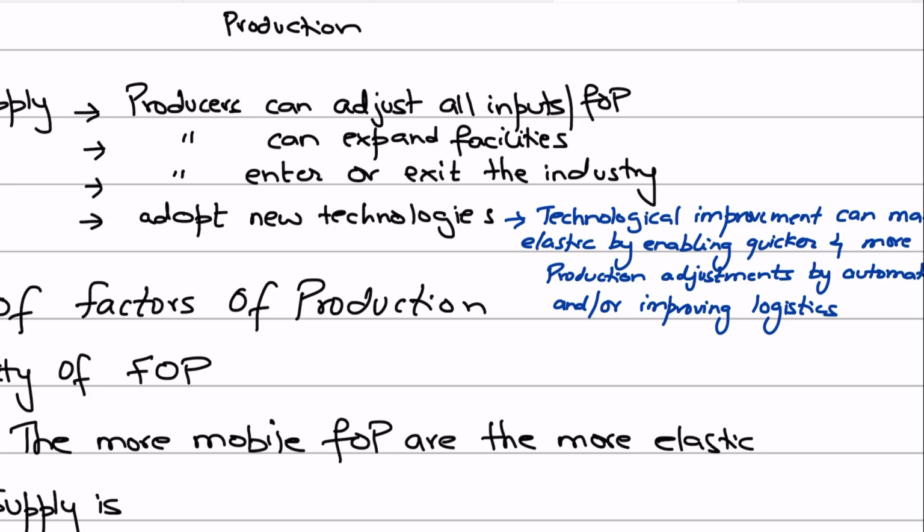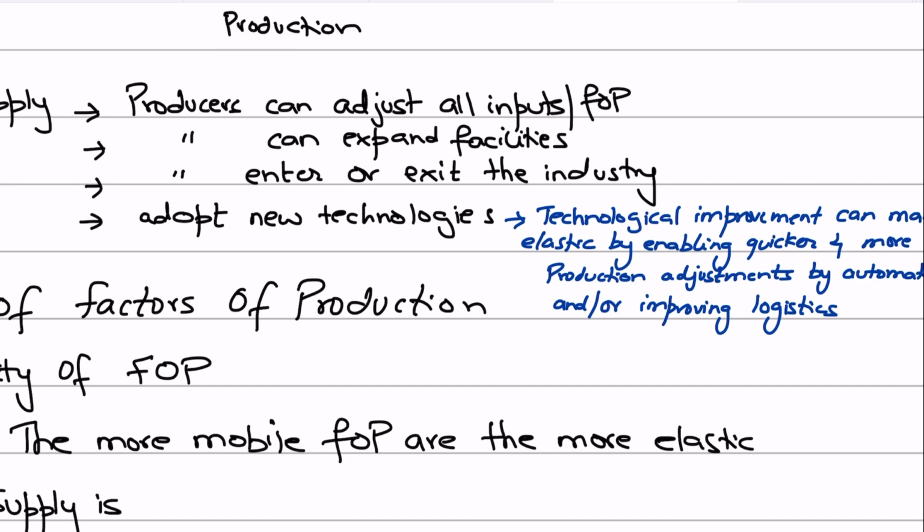And also, for instance, in the long run, if the markets are declining, if the markets are unprofitable, if demand is falling, and that is causing prices to go down, then the reason why in the long run supply could easily go down following a fall in prices is that some firms might easily exit the industry as well in the long run, right? So possibly in the short run, if the prices are going down, the existing firms might reduce production, but they won't have sufficient time to make that exit decision. But in the long run, they will have that time available for themselves and they will exit, and that will again make supply more elastic in terms of industry output.